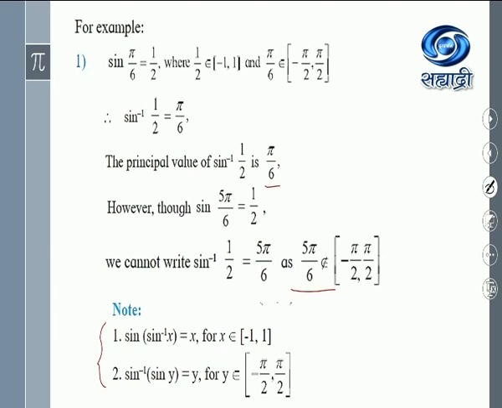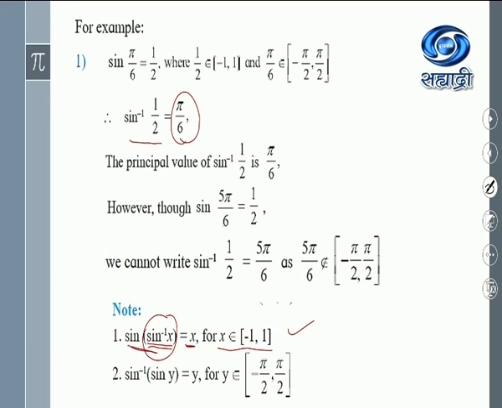Now these we'll have to remember as a note, and this helps while trying the sums. Sine of sine inverse x is equal to x. Now let us see what is sine inverse x. See, this is the notation, no doubt, but what is the meaning? Sine inverse of x is always the angle. So here you will get the angle, and sine of some angle means you must get some value. Therefore, x belongs to -1 to 1.